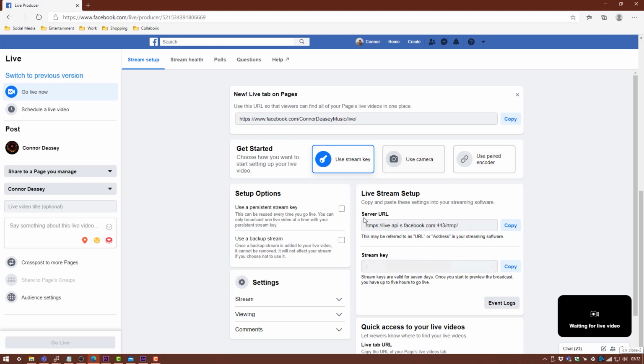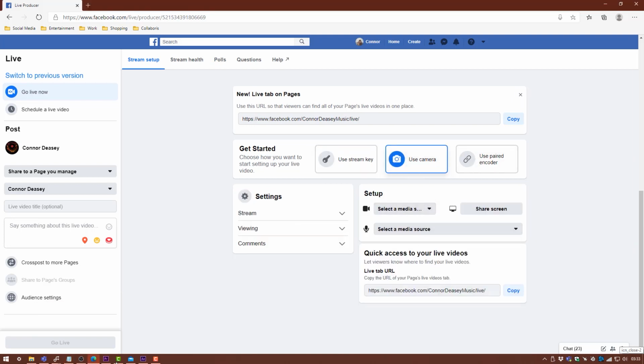Now I'm not going to be showing you these; they will be blurred out in the video. But basically you want to copy these and move them into OBS. So I'm going to use Notepad just to copy these into there. So we'll copy the stream URL for Facebook, and we'll copy the stream key. Okay, and now what you want to do with this information is